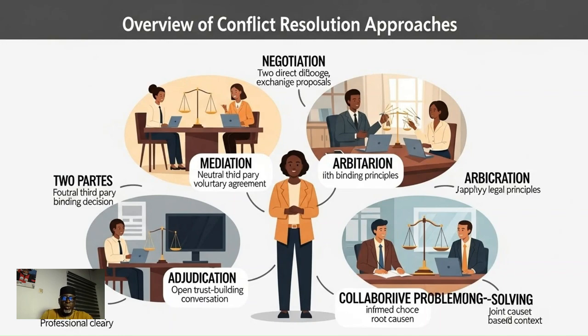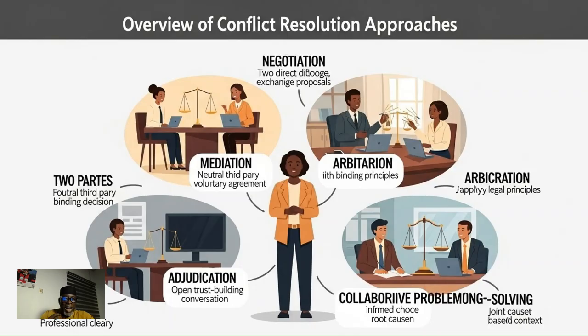Mediation involves a neutral third party who is called a mediator. He facilitates communication between disputing parties to help them reach a voluntary, mutually acceptable resolution. Mediators do not impose solutions but can assist in exploring options. Then the third approach to conflict resolution is what we call arbitration. It is a formal process where a neutral third party, who is called the arbitrator, hears the evidence and arguments from the conflicting parties and makes a binding decision. Arbitration is often used in legal and contractual disputes.